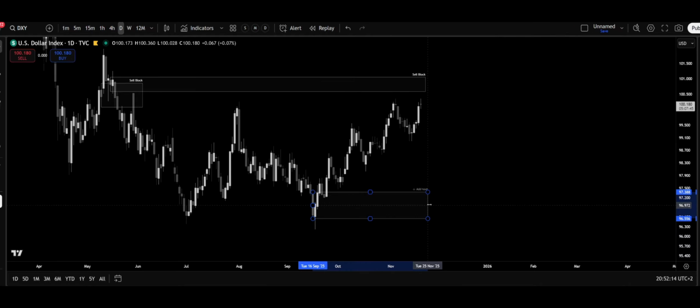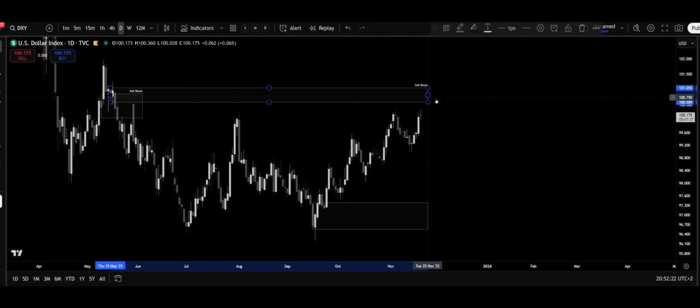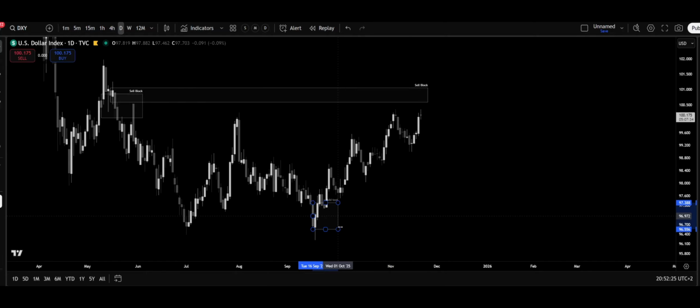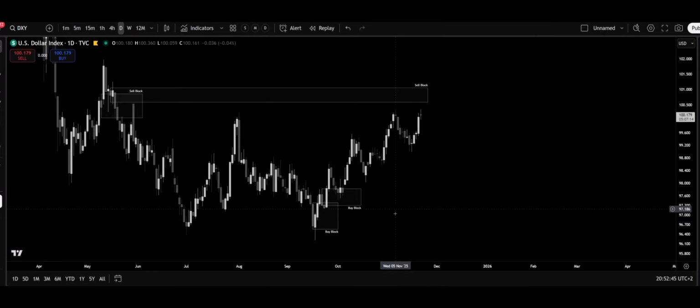this buy block, so we have a range, but we can see this block didn't mitigate with the price, it is hanging, and this block did get respect. This buy block did get respect from the price, and while it did, it created this buy block. Okay, so when price interacted with this buy block and its COG, it created this buy block.